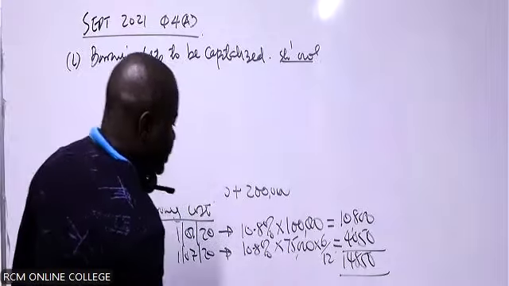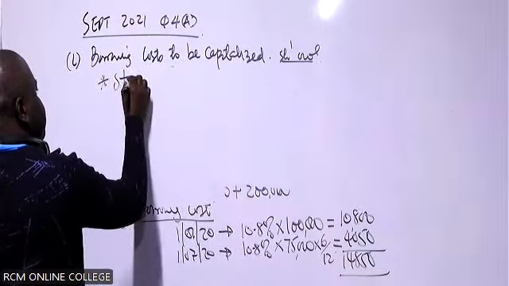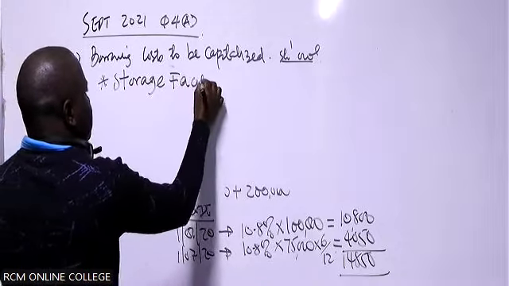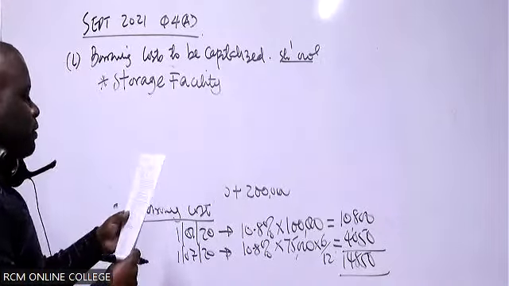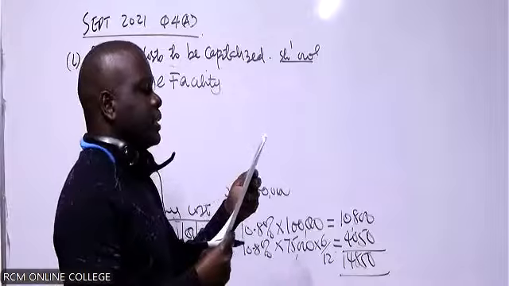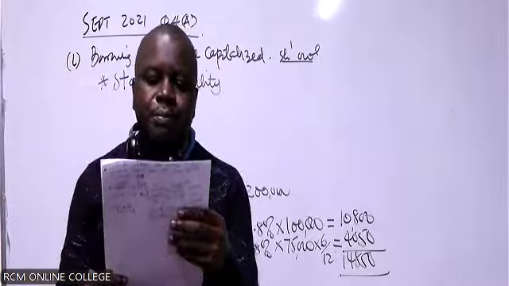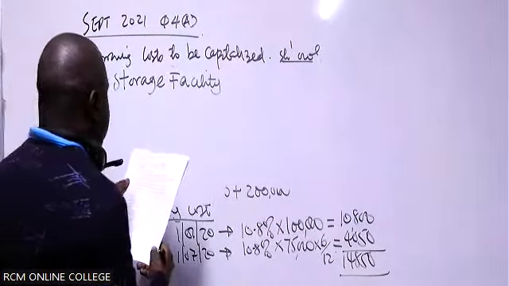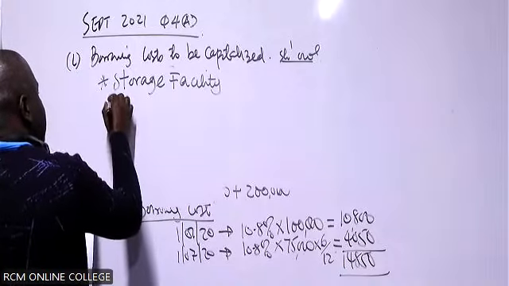Now we have another item which we are calling the storage facility. So the 6% debenture was used to finance the construction of a new storage facility. The construction commenced immediately on 1st of January 2020. So the construction took place from 1st of January